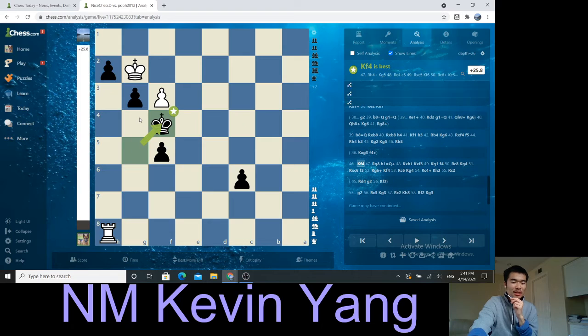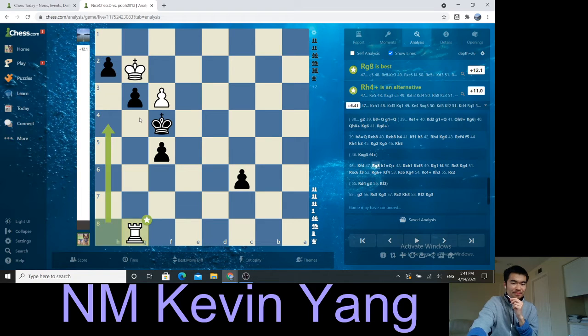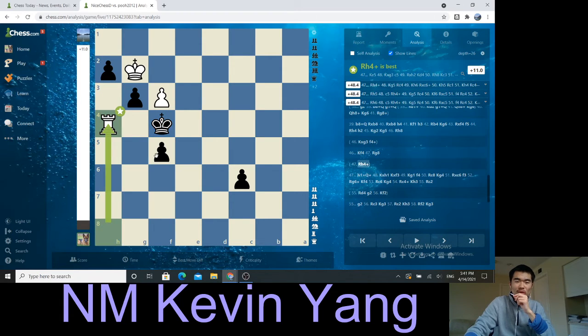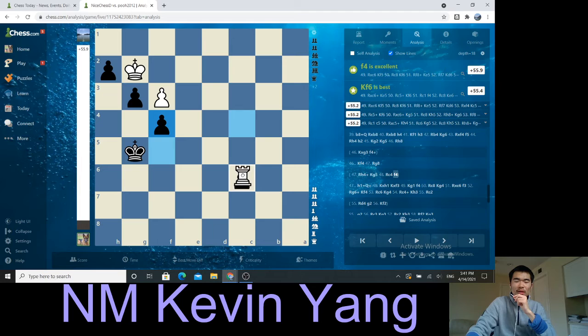And NiceChessD makes a good effort in being able to attack these pawns. h1. So I feel like after rook to h4, king to g5, it's important to not let the king go up the board. So I would rather suggest the move rook to c4 here, simply saying, if you play f4, I'm going to